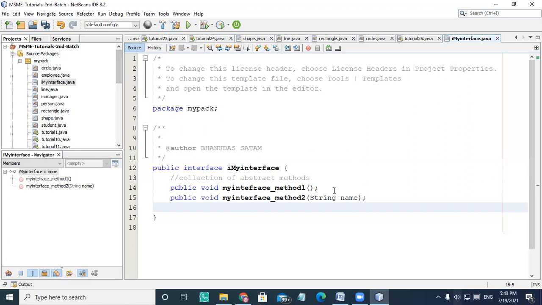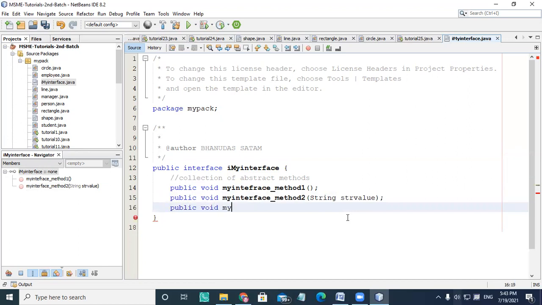So the first method's signature returns void and doesn't take any parameter. The second interface method two takes a string value. Instead of writing name, I'm using str value, which means any string value, doesn't mean it is always a name.